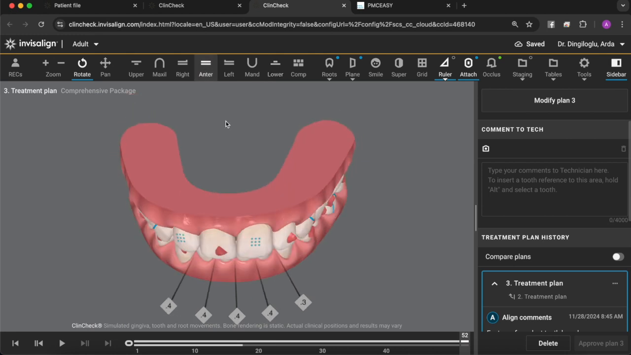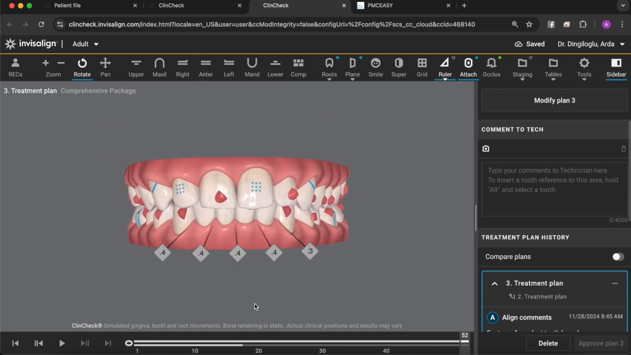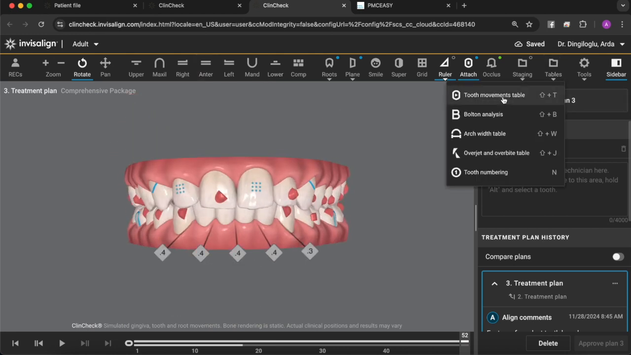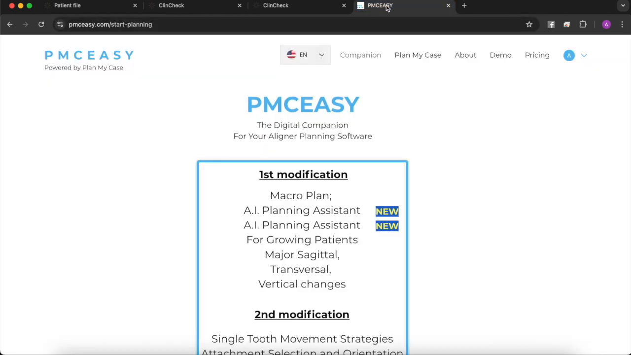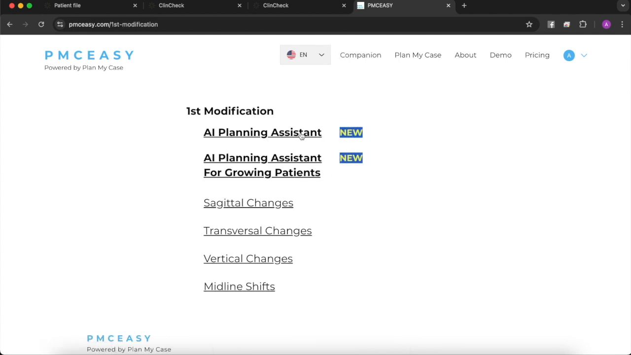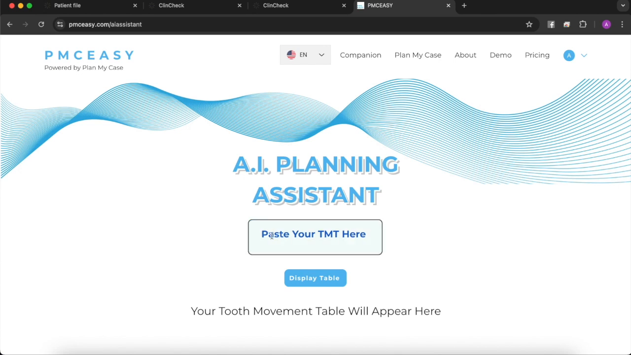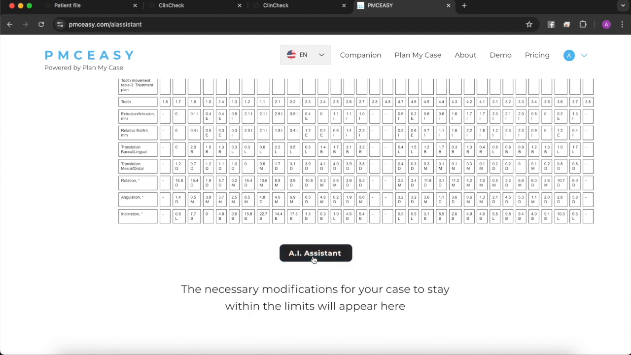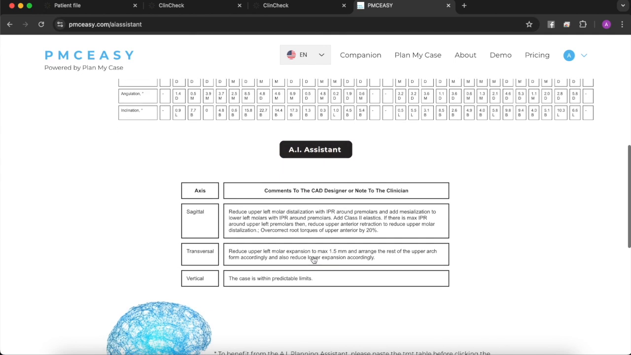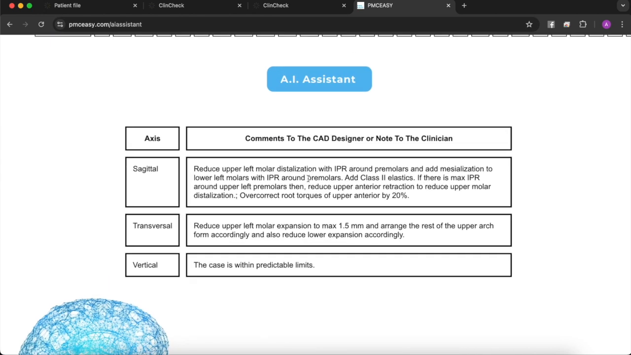So without doing anything else, what I'm going to do is open up the tooth movement table here, and then copy the tooth movement table from here and paste it onto the AI planning assistant, which is under the first modification. So I'm going to paste my table here and display the table below and run the AI assistant, which is